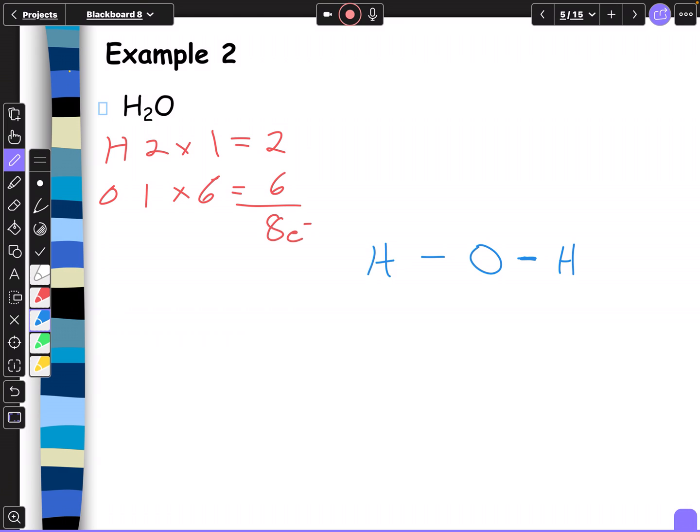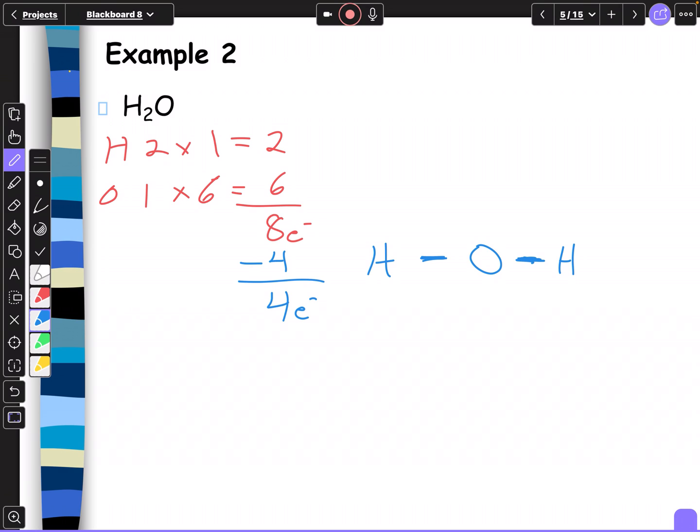Remember, these lines, these bonds I made, stand for 2 shared electrons. So with this line, I'm taking care of 2 electrons. With this line, I'm taking care of 2 electrons. That's a total of 4. I subtract that from my total, and I have 4 electrons left that I'm going to have to add in there as